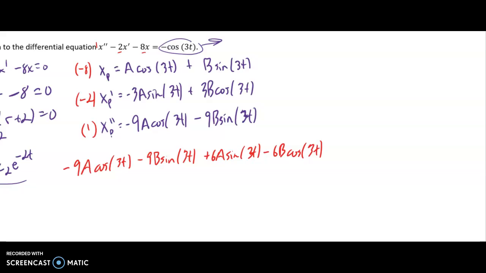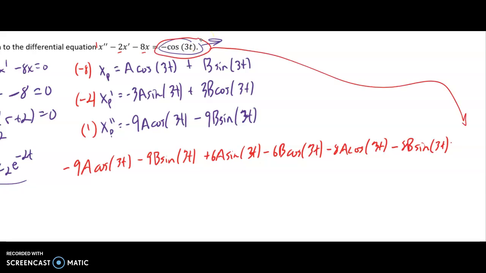Just give myself some more space here. And then I need to do negative 8 times that top line. So I'm going to have minus 8a cosine of 3t. And then I'm going to have minus 8b times sine of 3t. And the last thing is that this is xp plugged through the left-hand side of this equation. I want to figure out the xp that is going to give me the negative cosine of 3t. So this right here needs to come out equal to negative